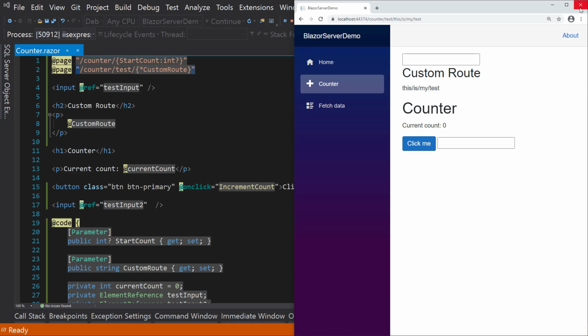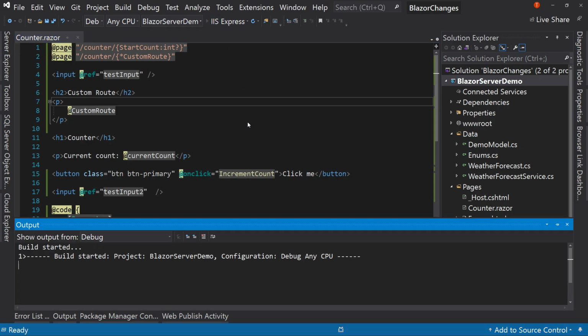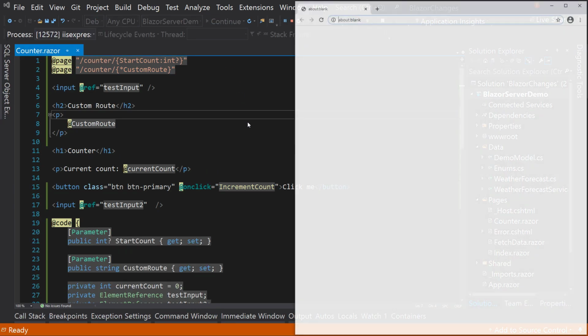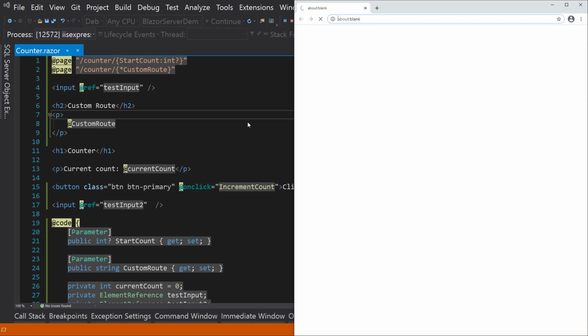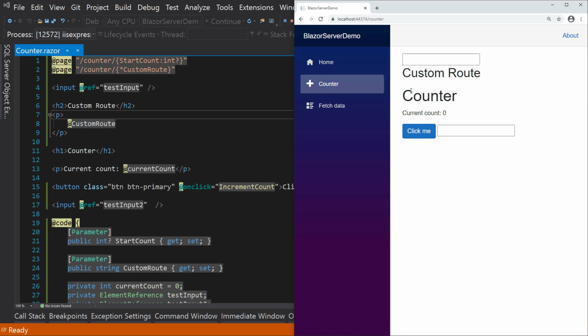Now, I did say I want to leave it on the same page. I want to step on some toes. If you just said /counter, like so, notice that both of these have /counters. One has the start count and one has the custom route. What's going to happen here? This is one of those things where testing is so important, because when you do a test project and try these things out, try to break it, see what happens, because you'll have a much better understanding of the objects that you're working with. So custom route is nothing, counter is nothing, but let's just do our